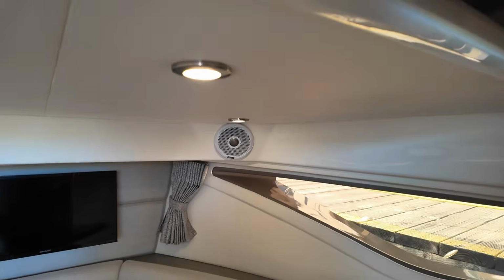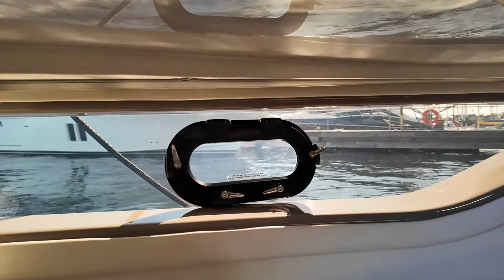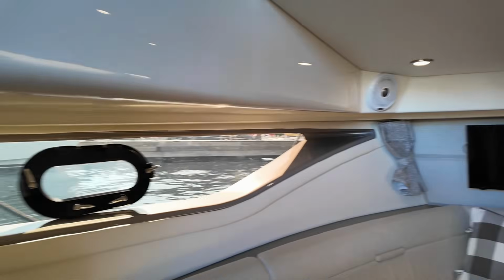And I can see, that's where it comes down. That's the backrest. So we've got whole side windows. You've got opening port lights, which is kind of cool. Big seat that also turns into a large berth. So you can actually have, it's almost a queen size berth forward there. Yeah. And then you get a full head,